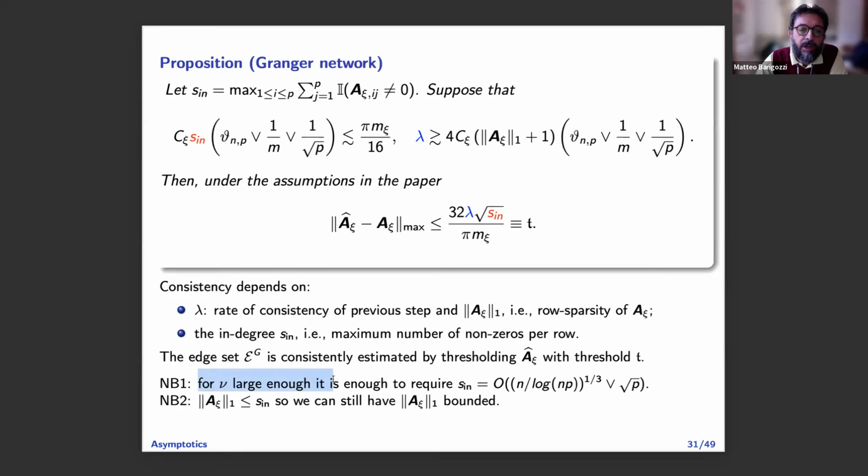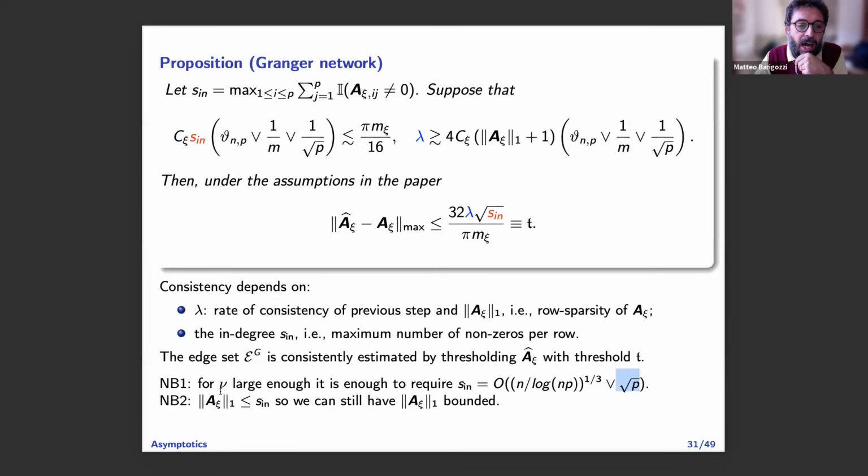If you look carefully, these are bounds, and you can well allow, at least when you have tails not too heavy, for the number of non-zeros in each row to still grow with p. Okay, because there are results where this number cannot grow with p. Then when p becomes very large, that's very, very sparse. So okay, then it's easy to estimate it. You don't have many entries to estimate. So this is a point that we wanted to make.